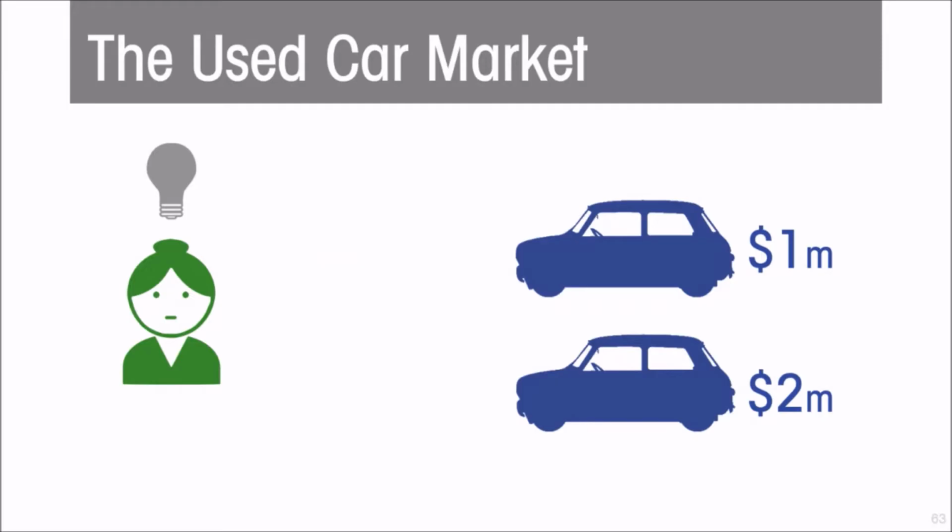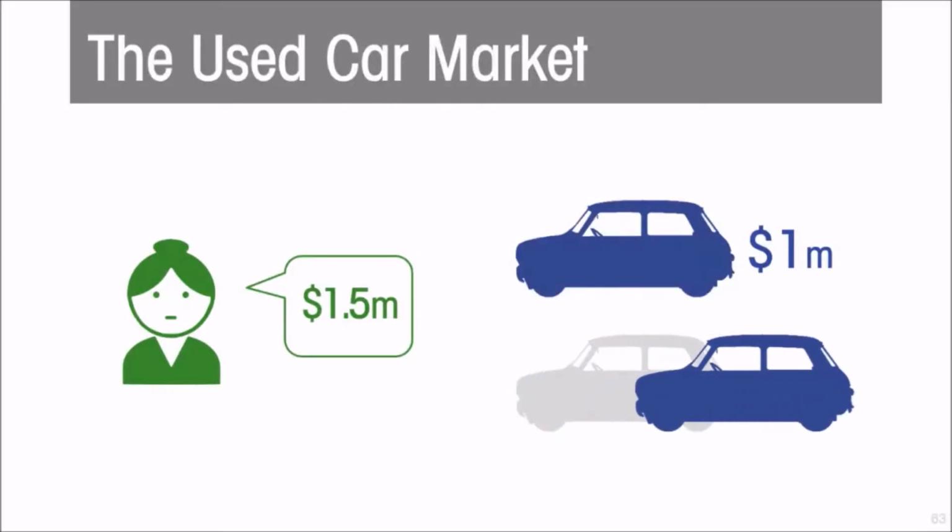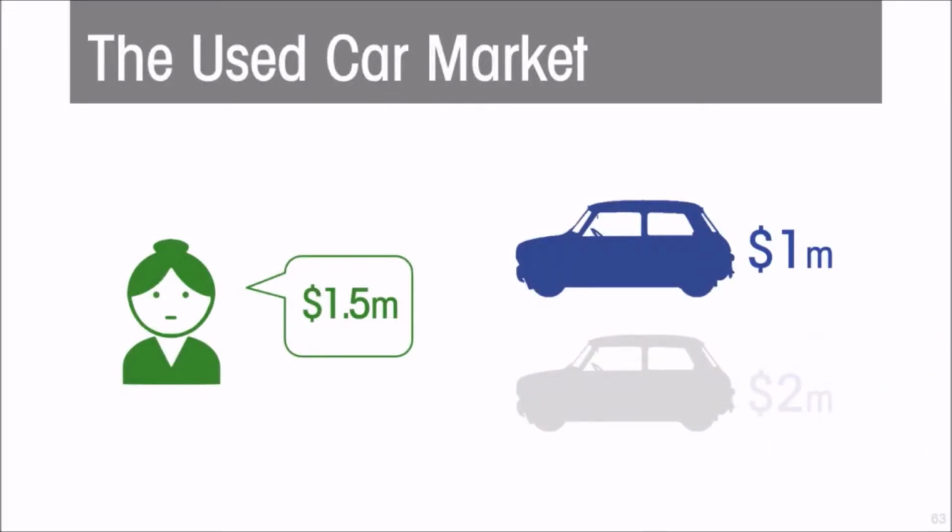So she gets an idea. She takes the expected value. She takes the average. She has a 50% chance of getting a $1 million car and a 50% chance of getting a $2 million car. And so she decides to offer 1.5 million. Half a chance she'll be ahead, half a chance she'll be behind. But if she offers 1.5 million to the person who knows that their car is worth more than that, that person exits the market, by apparently reversing out of the lot.